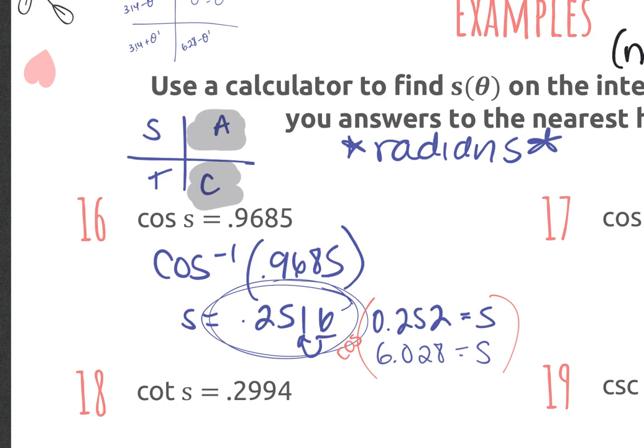How did you notice that that's in the fourth quadrant? How did I know what? Because it's cosine, and cosine is positive. So you look at the original sign. So where